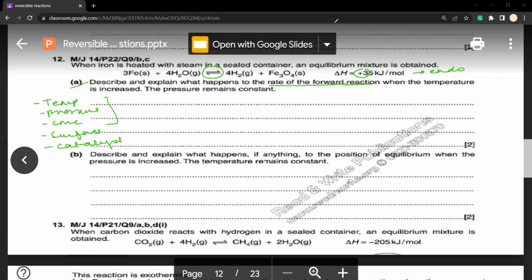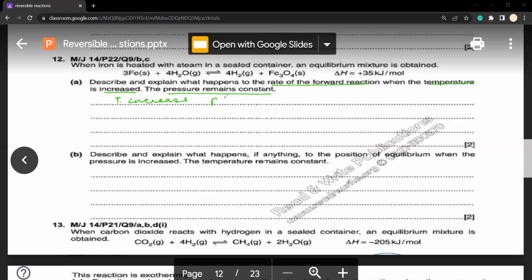Now, I'm reading the question once again. It says, describe and explain what happens to the rate of forward reaction when the temperature is increased. So with respect to the rate of forward reaction, you have to explain what will happen if you increase the temperature and the pressure remains constant. So we know that when the temperature is increased, what will happen? The particles are going to